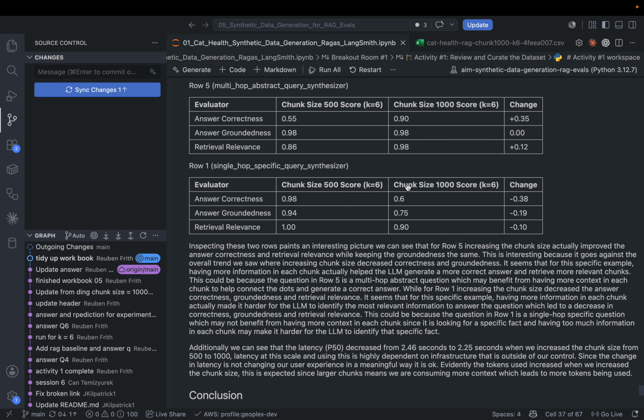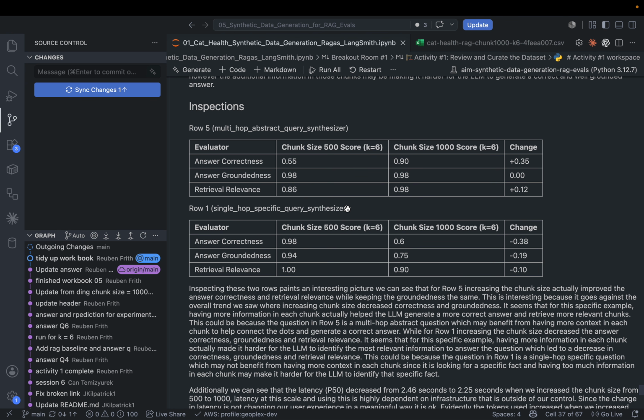So I think with increasing the chunk size, what we actually did is, well, yes, we're providing more information, but by providing even more information, we're getting better at answering abstract questions in our RAG pipeline, but this doesn't necessarily improve answering single hop specific queries where they're very straightforward. They would require a single chunk, and you're kind of diluting and maybe giving too much context to the LLM that it's not able to answer the question so succinctly, and so that's probably why we see this